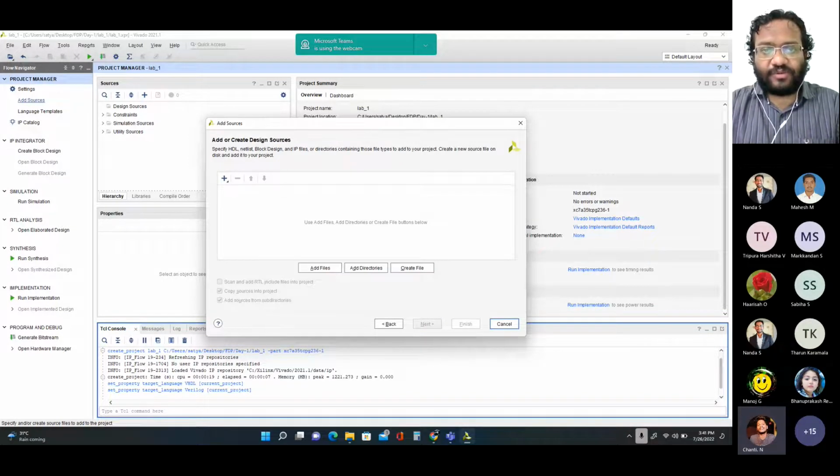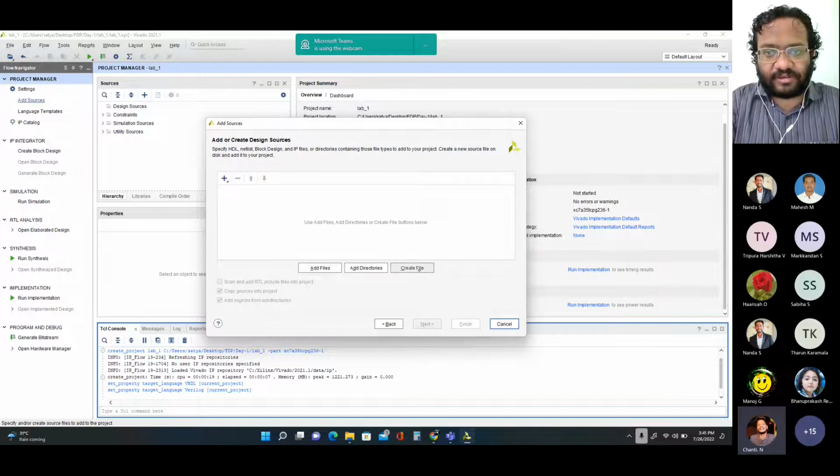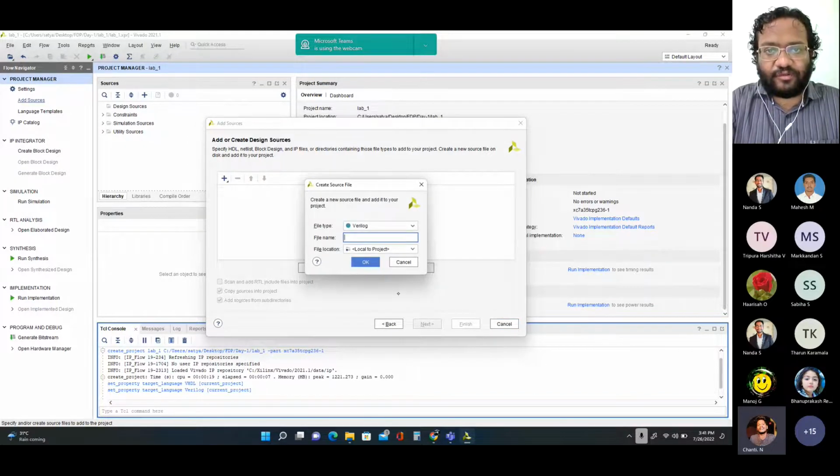Now here it is asking you to add existing files or else create a new file. Since we don't have any sources, first we'll start with create file. So you can see create file, click on create. Now it is asking what type of source file I need to create. So select the file type to be Verilog and give a file name. Basically, now we start with a simple AND gate. So I give an AND and